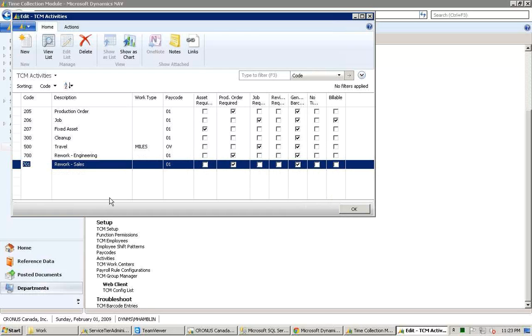And that allows us to still record time against that production order, but now we can report on what caused us to take extra time on that production order. And over time, you might build up some information that tells you most of the extra time you spend on the shop floor is due to engineering mistakes, and you can start analyzing the root cause of your overages. So those types of things are possible as well. It's not just a simple time collection module. They can do far more than